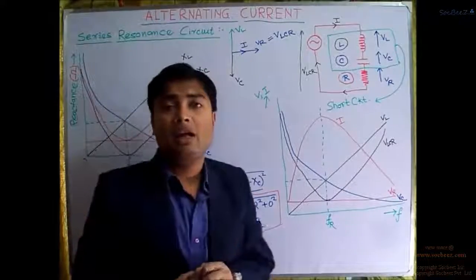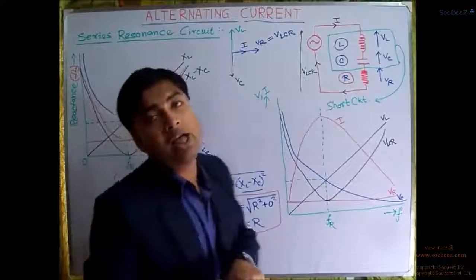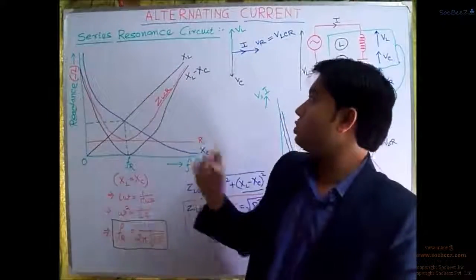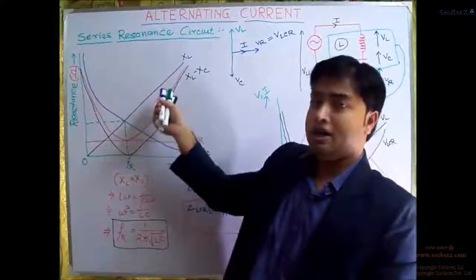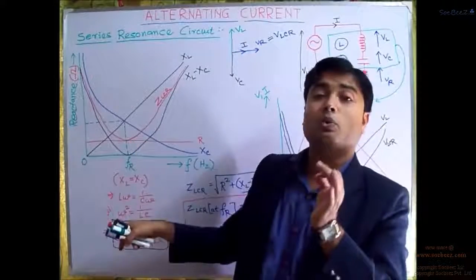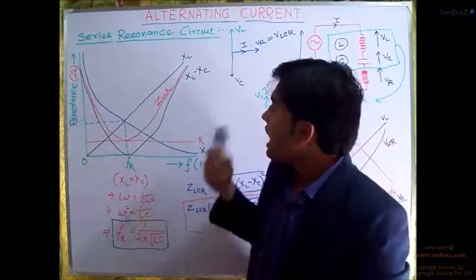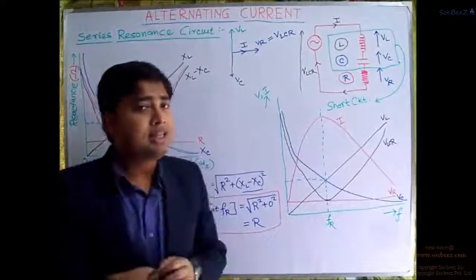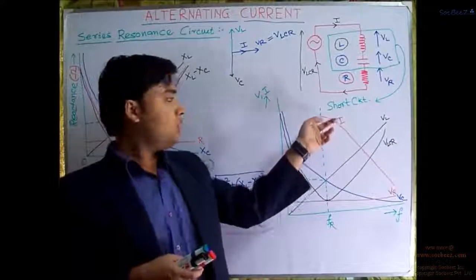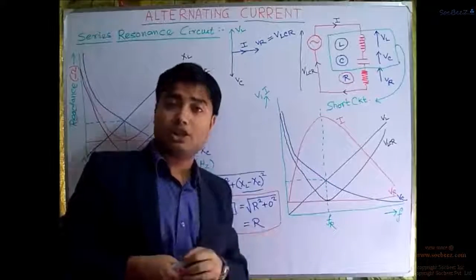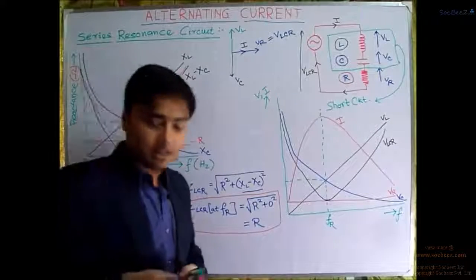Okay. So in these circumstances, we have understood that this is a resonant frequency, where VL is equal to VC, and XL is equal to XC, and likewise we could find out the Z of LCR, and the Z of LCR is basically equal to R at this particular point, right? Now over here, as we see that the amount of current is maximum at this resonant frequency, we could also term this series resonance circuit as